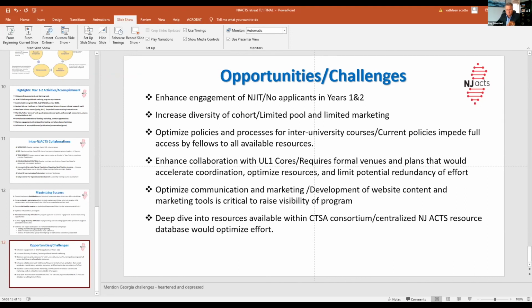Bob, just a couple of moments here. You had some really good ideas on interfacing our T with other T32s, institutional